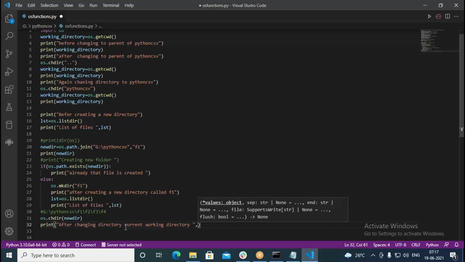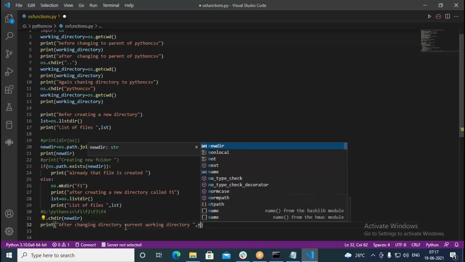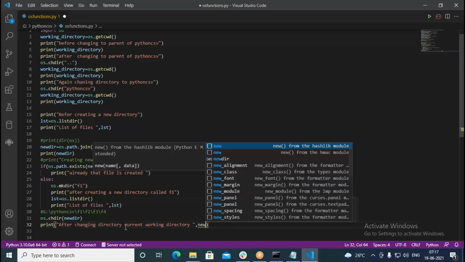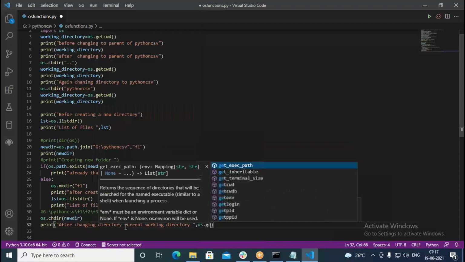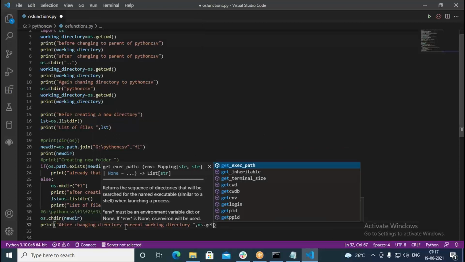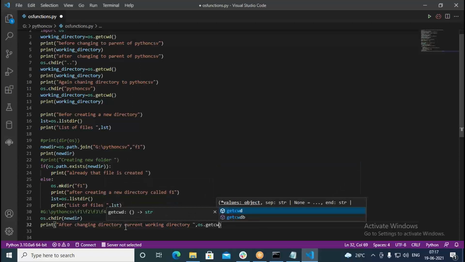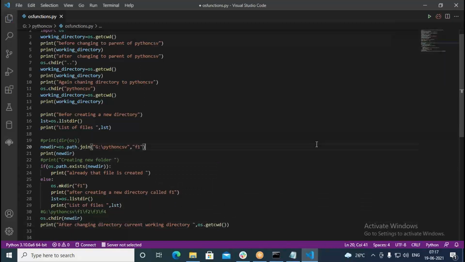Then here print, or rather not print, it is actually os.getcwd. What command do we use here? The very first command is getcwd. Straight away I can call it even there. This should print the new working directory for us.